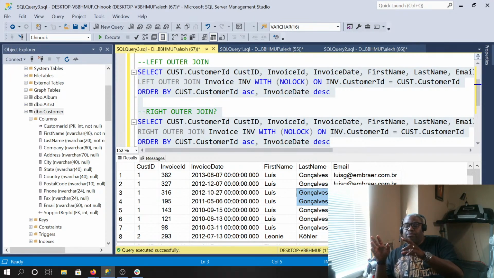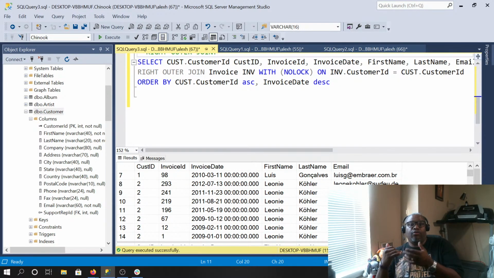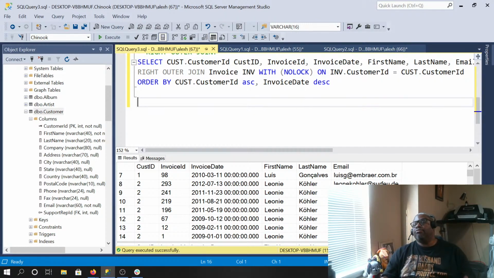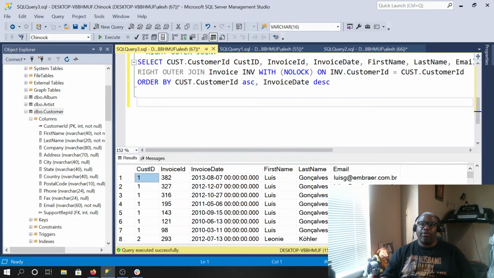In the second join, our right outer join, we don't have a row for that particular customer in that table because it's an invoice table and it doesn't match, and we only have so many rows in that table. So because of that, we have the 412 rows that came back in that second query. Okay,